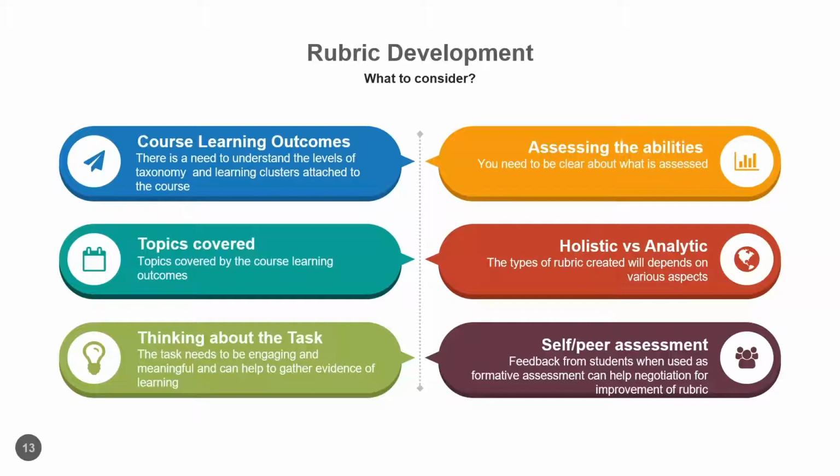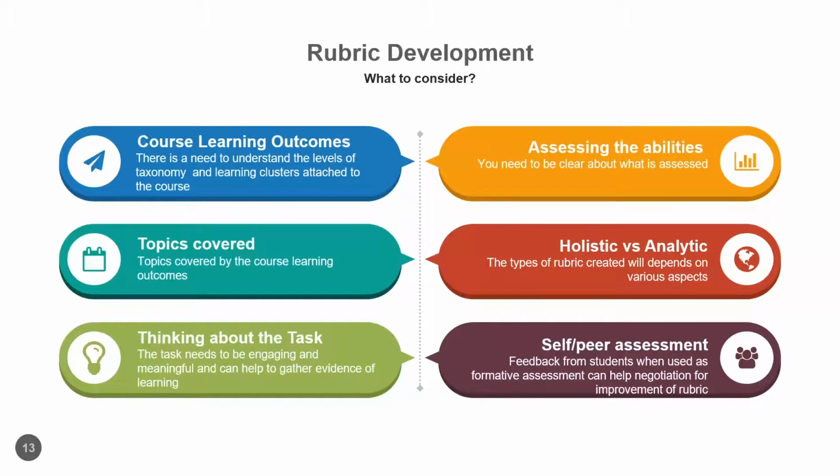The criteria is the thing that's very important when you're doing the rubric. There is a need to understand the levels of the taxonomy. So in terms of the cognitive, what is the level? If there's an affective, what's the level? If the course learning outcome is measuring psychomotor, what's the level? What are the learning clusters? Now they call them learning clusters. Last time we call it